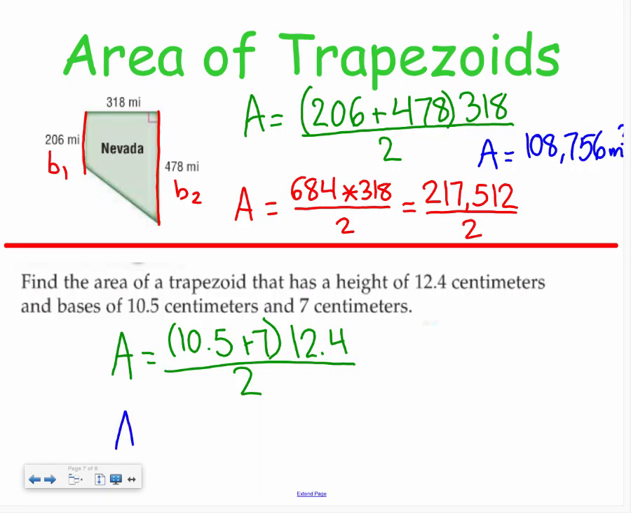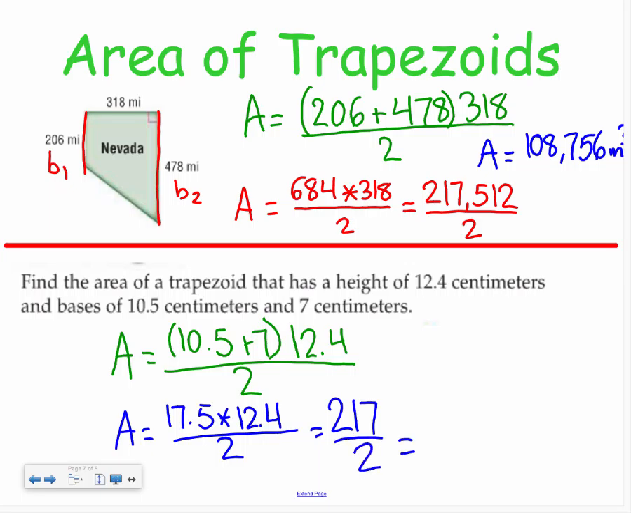Adding up, we have 17.5 times 12.4 divided by 2. You would plug that into your calculator and get 217 divided by 2, giving us a final area of